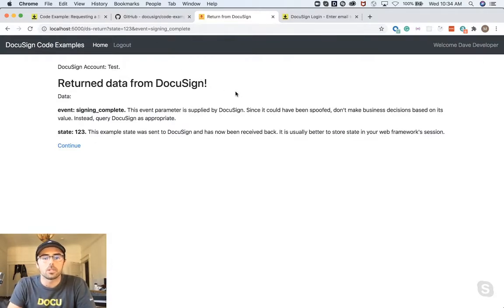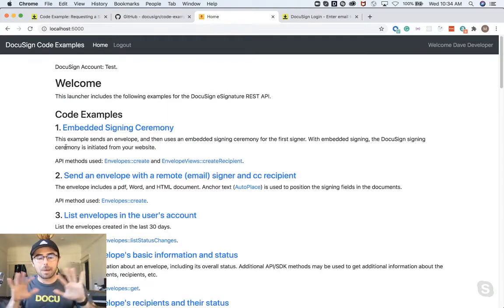One quick information security callout that's important. Many of you know URLs can be spoofed, so don't use this as the only sign that your recipient has signed and completed his or her actions. Instead, we would suggest that you make an additional API request to check recipient status, just to confirm that it is indeed true before you base any business logic off of that single query parameter. Cool. So that should give you an idea of what it looks like at a base level to implement remote and embedded signing. Let's look at the code now to see how to do those.